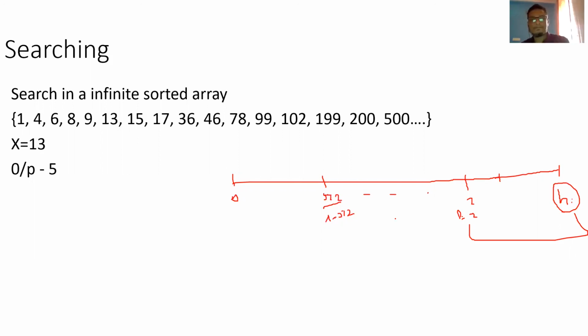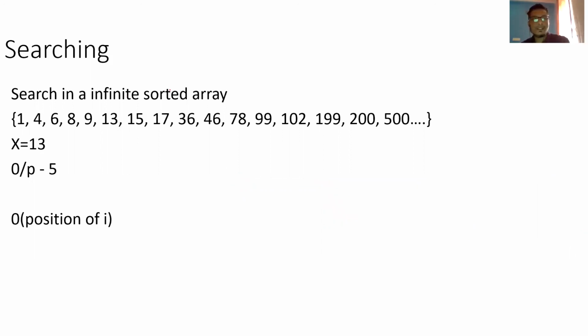So again, what is the time complexity? It is like big O of position of I. It may be worst case, right? It may go to like 512 operations to do in an iterative way, or we can do it in a log of n. I have taken worst case complexity. So position of I is nothing but the worst case. So this is like the 512 position. So maximum you can go in an iterative way, right?